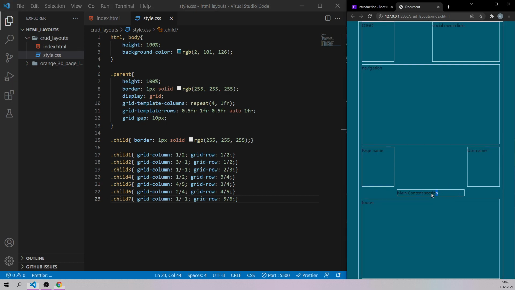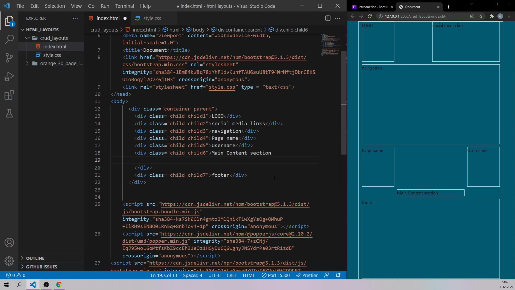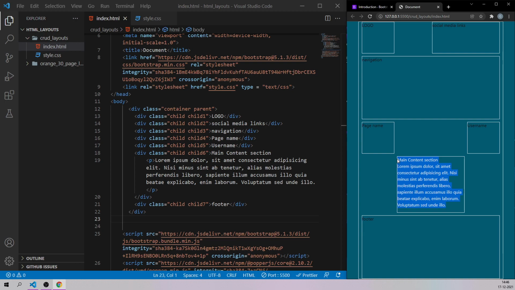Don't worry, this is set to auto. This size is set to auto, so that's why we are getting only the content size. See, let me just show you very quickly. Now it simply says main content section. And what happens if I just increase the size? Let me just type a paragraph over here. Let me type lorem and press enter in child 6. See guys, this is a child 6, and as you can see its height automatically started adjusting itself. This is how the layout content of this particular page is going to be.